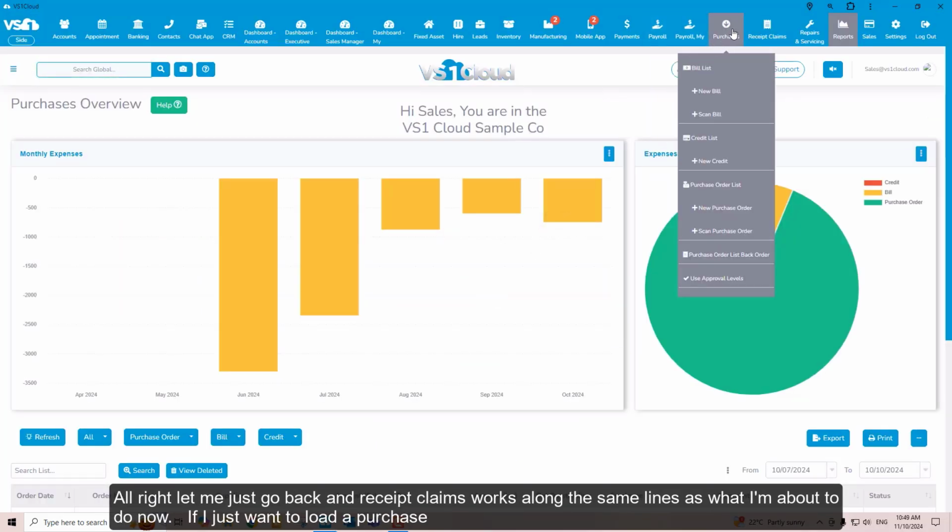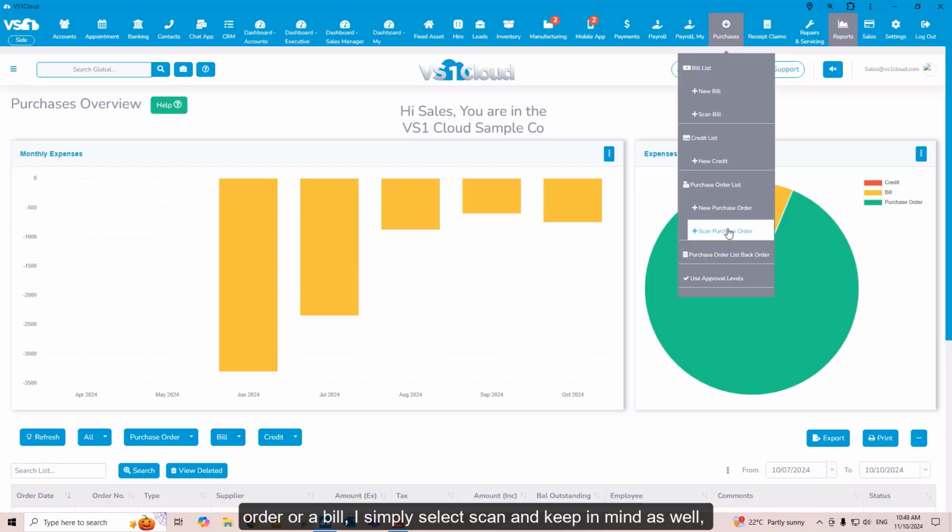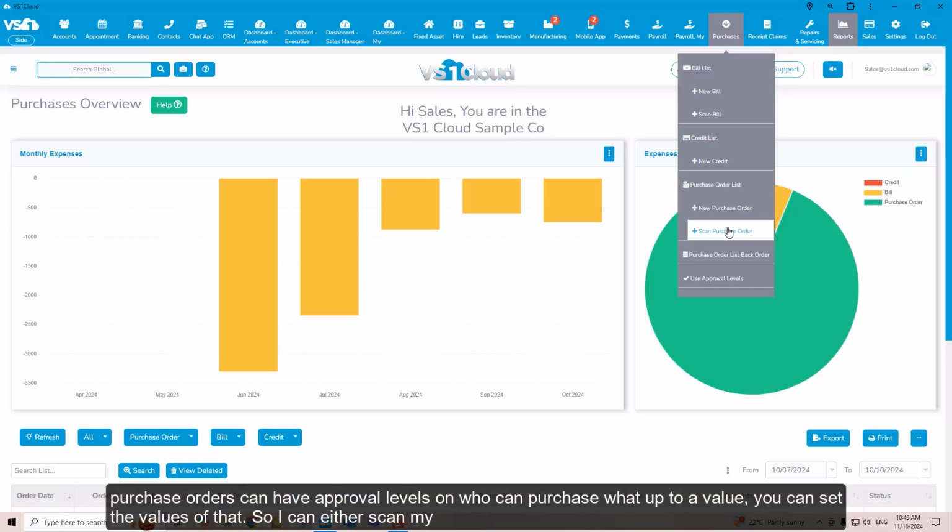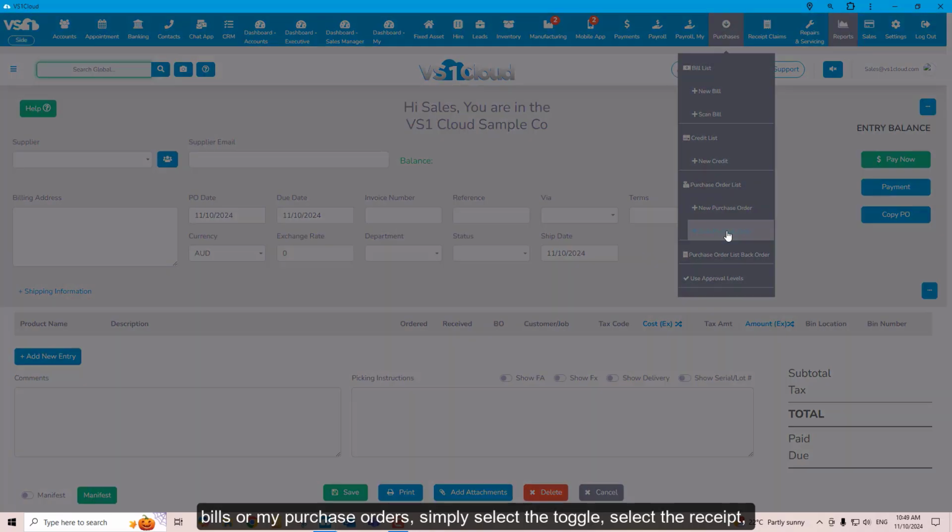And receipt claims works along the same lines as what I'm about to do now. If I just want to load a purchase order or a bill, I simply select scan. And keep in mind as well, purchase orders can have approval levels on who can purchase what, up to a value. You can set the values of that. So I can either scan my bills or my purchase orders, simply select the toggle,